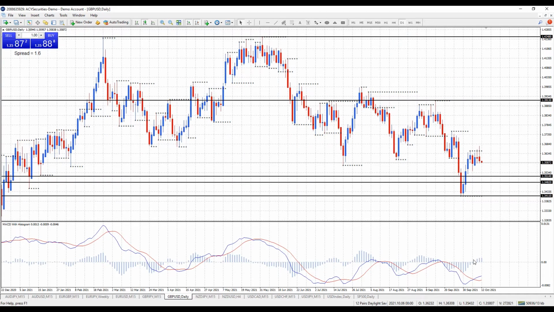We've been having a rally, MACD's crossed up, and we have a slight uptrend here on the daily, but the bigger picture, this is the top up here of last month's high down to last month's low, and we're just rallying back up within that range. And I'll just put in daily